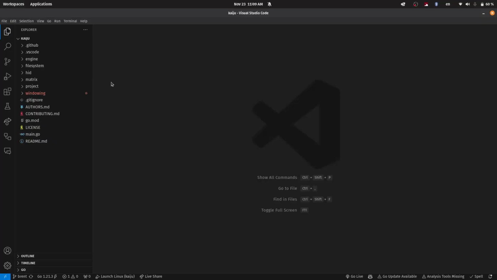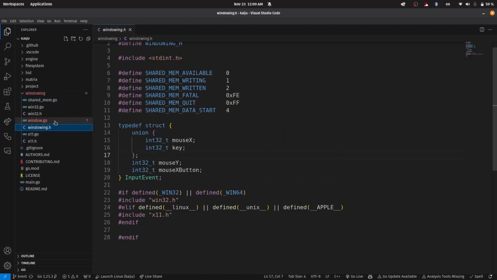This is issue number 22 for the Kaiju Engine, where we will set up the mouse events for the X11 window. So I'm on my Linux laptop here. We've previously set up the mouse events for the standard window, and we'll want to now do it on